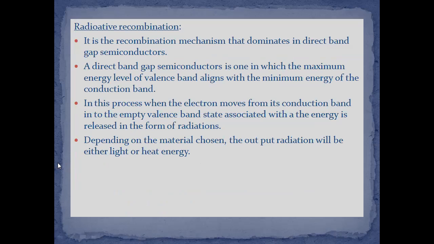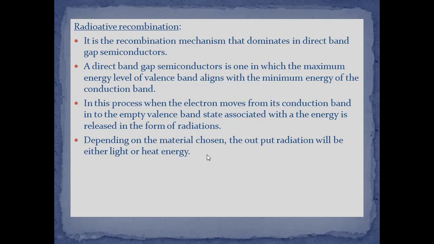Then what are direct bandgap semiconductors? Direct bandgap semiconductors are those in which the maximum energy level of the valency band aligns with the minimum energy of the conduction band. Whereas in indirect bandgap semiconductors, the maximum of the valency band does not align with the minimum of the conduction band. So in this process, when the electron moves from conduction band to the empty valency band, an energy is released in the form of radiation,